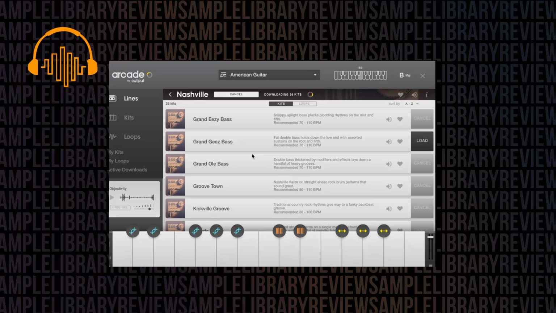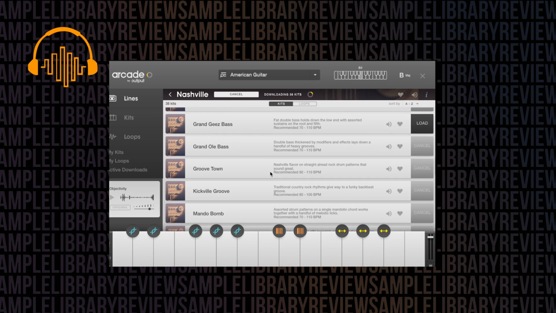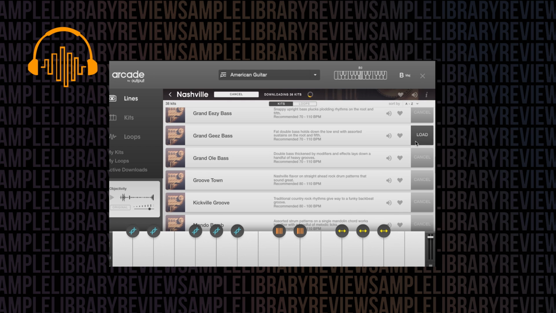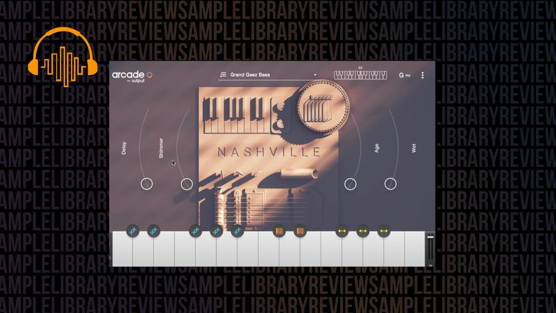If you really think of Arcade as a loop instrument first, then I found I'm really pleased with it. The minute I start to try to think of it as a multi-timbral or multi-sample instrument, the more frustrated I get. When I think about this as a great way to work with loops,